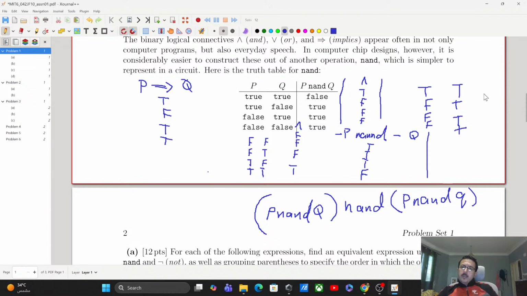So I got, okay, I have to run this. This is, okay, this is 3. So this is 3 and 3. And this is,